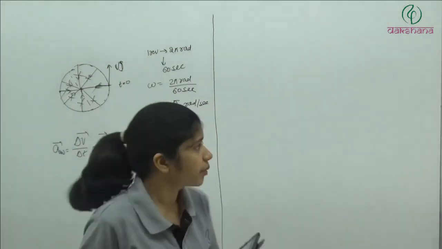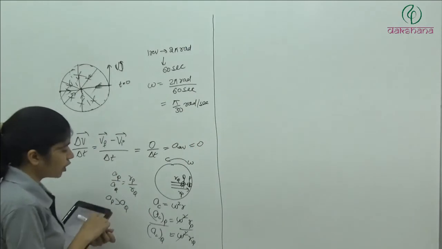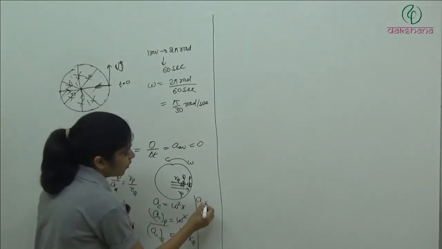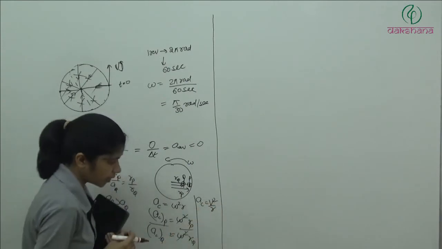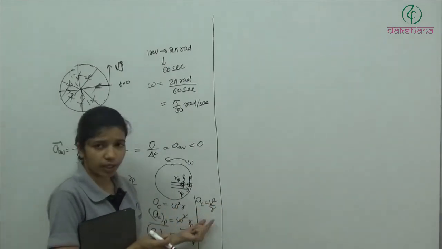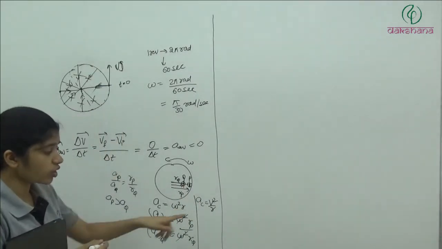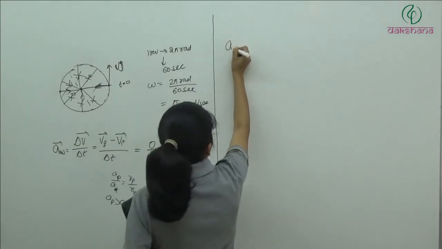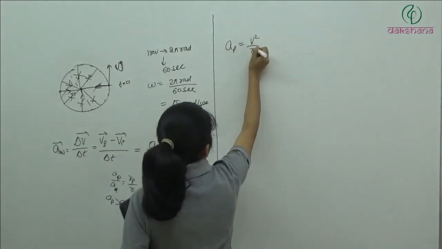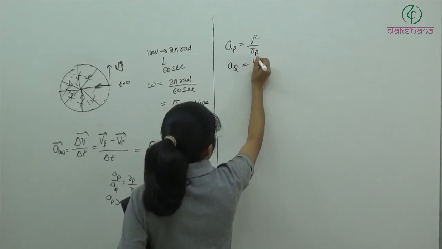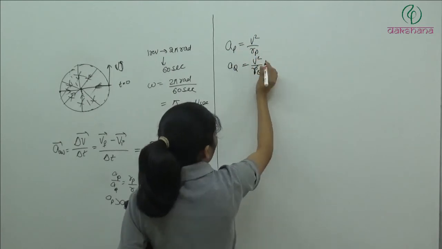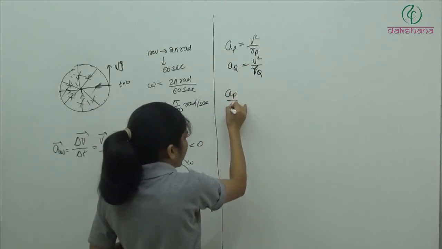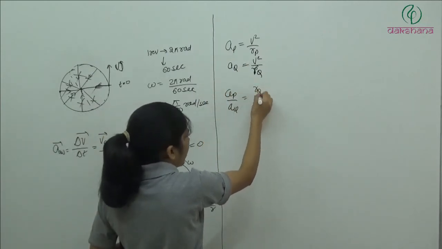Now some students make a mistake while calculating this, because they calculate A centripetal as V square by R. Okay? Now R we know, R is Rp and Rq for both. But V is not same. Some people keep this velocity same and they write that A for P is V square by Rp and A for Q is V square by Rq. But this is wrong. V is not same for both. We will calculate it. And from here they write, AP by AQ is equal to RQ by RP.